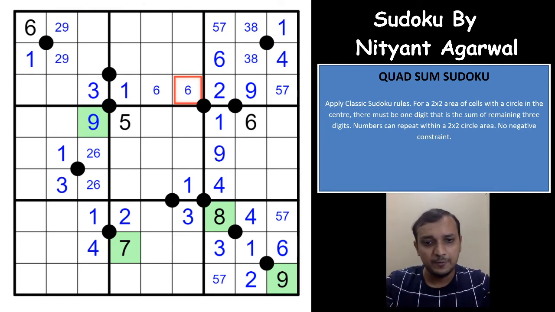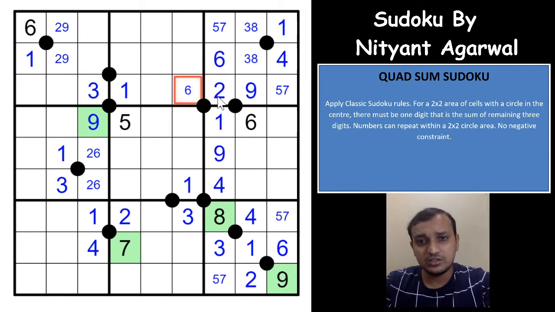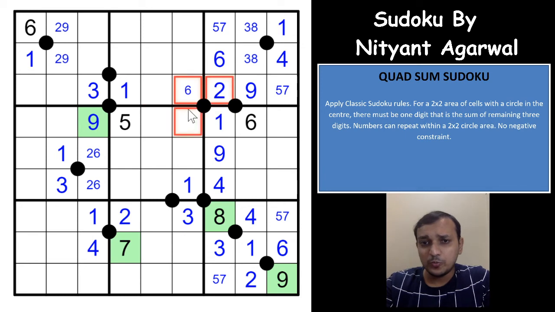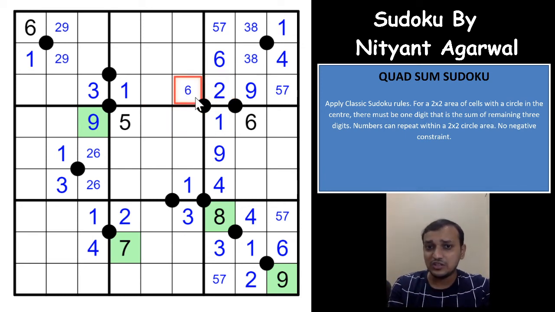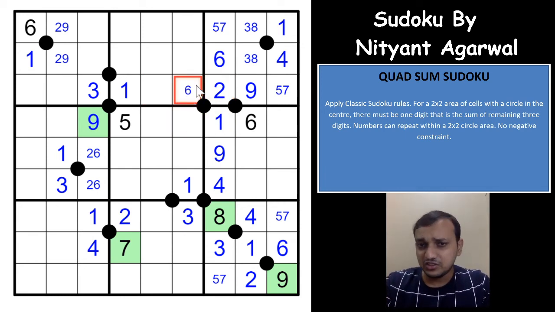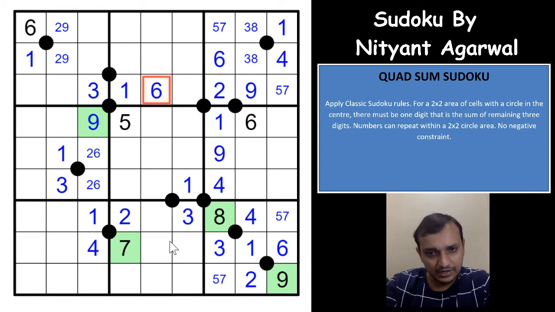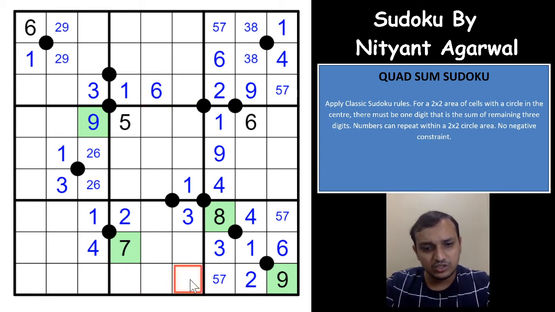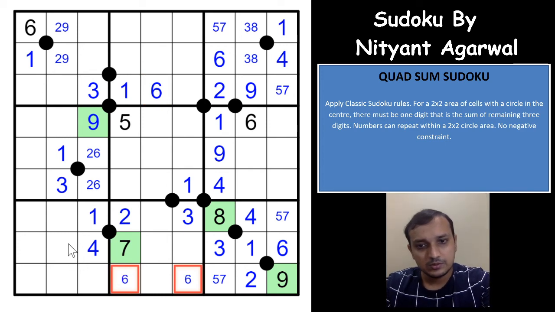also again a tough one. At this point, you can directly write that you cannot have a 6 here in this circle cell, because there are only 2 possibilities for the 6. Either 6 can be the sum cell or part of the sum. If 6 is part of the sum, this would have to be 9. Not possible, right? You already have a 9 here. And if 6 is the sum cell, this would have to be 3. Not possible. You already have a 3 here. Which means that 6 cannot be here and 6 would have to be here. Right? That gives you a 6 in one of these 2 cells. That gives you 6 here. Okay.